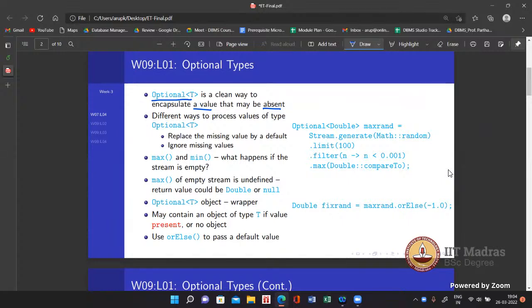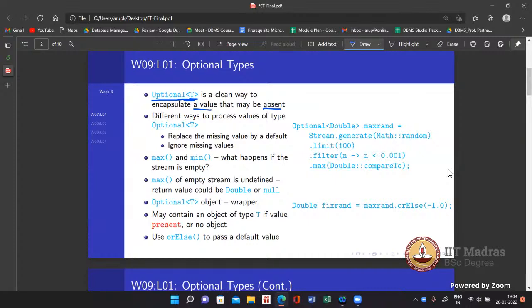So for the result of a max, we can have the maximum value. But if the particular stream doesn't have anything, I cannot find a max of that stream, so I'll return an empty, or a null kind of thing. So this is how Optional could be defined. If my stream is a double type, it is Optional of double. If the stream is of integer type, it is also Optional of int. So like this. This is a typical example